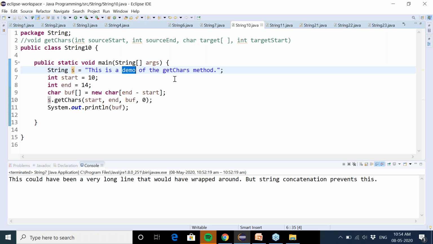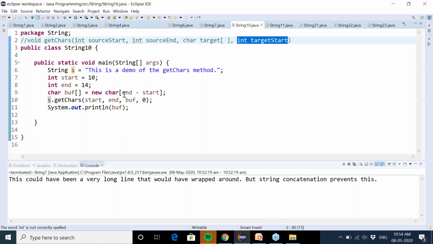We want to store this string in some character type array. So you have to pass the name of that character type array where you want to store the result, and then the position in the target where you want to store it. I'm going to show you this in this example. We have a buffer, a character type array of size end minus start.